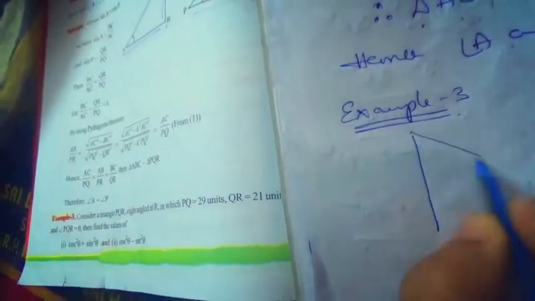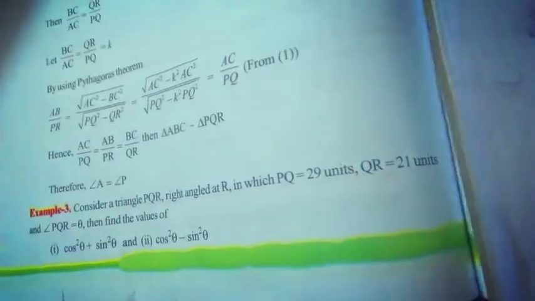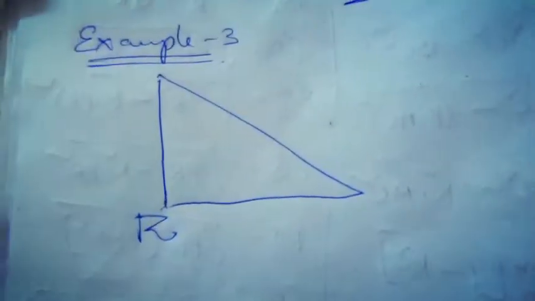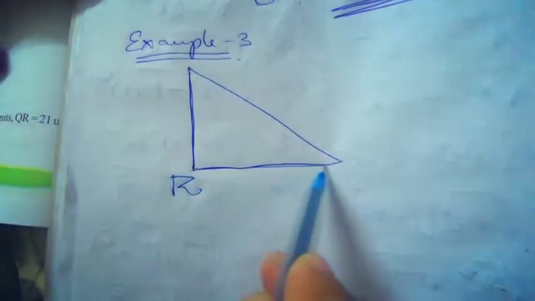Consider a triangle PQR, where the right angle is at R. So I am drawing one right angle triangle, and the right angle is at R. P and Q we can write anywhere. Okay. In which PQ is